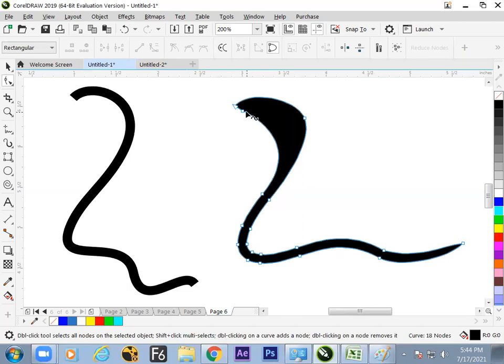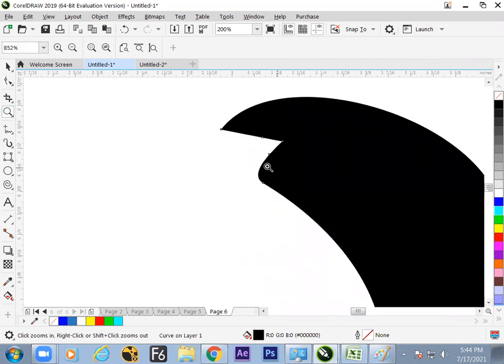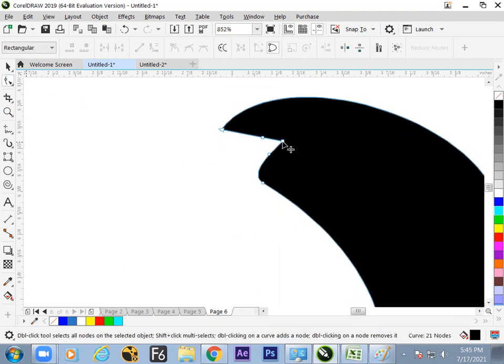Now the shape tool. Yes, I'm very slow and I'm taking your approval. Double click and go inside. Now double click, zoom it up and bring the inside again out.